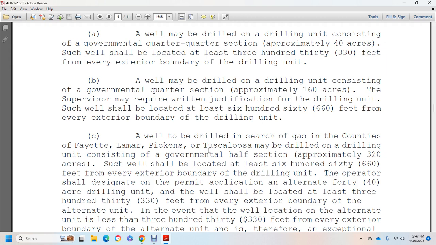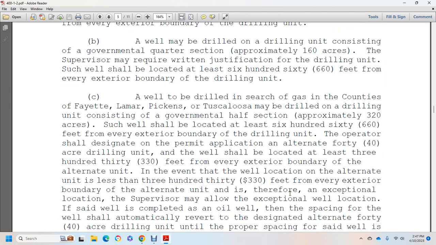40-acre drilling unit. The well shall be located at least 330 feet from every exterior boundary of the alternate unit. In the event the well location is less than 330 feet from the exterior boundary of the alternate unit, the supervisor may grant an exception to the well location if the